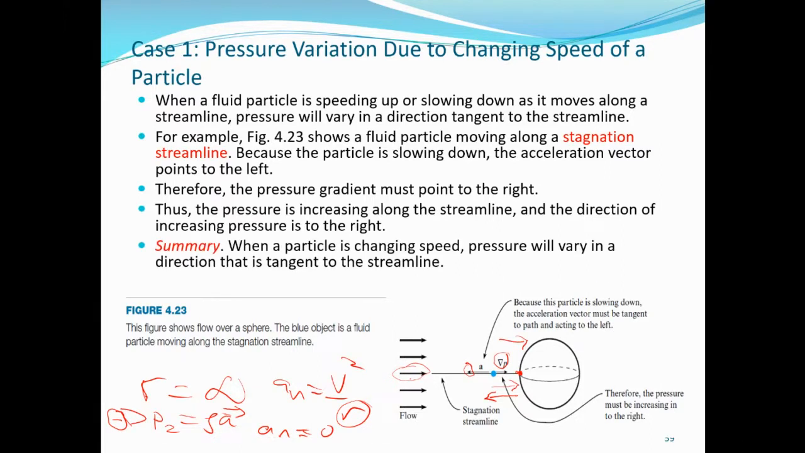So the summary here is when a particle is changing speed, pressure will vary in a direction that is tangent to the streamline. The pressure will increase in the direction of flow if the particle is decelerating, if it is slowing down, and it will decrease in the direction of flow if the particle is accelerating, meaning if it is speeding up. Okay. Now, case 2,